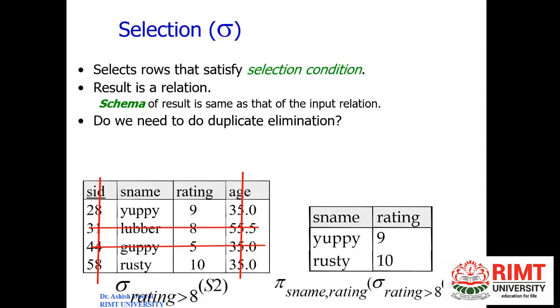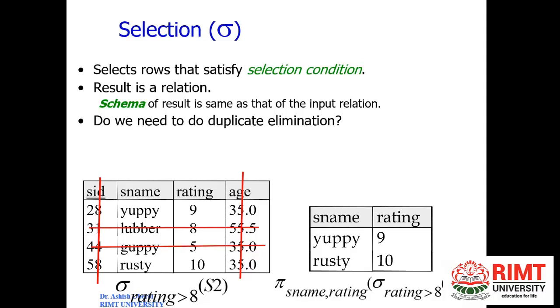Clear? So we are using a selection operator here because we want to display records, and we are writing the condition here: rating is greater than 8, from the relation S2. This relation S2 from which you are fetching must be on the same line as the selection. Again, note it down, because students do write this selection in the subscript also. They confuse themselves. So please don't confuse: the operator, or every relational algebra operator, as well as the relation must be on the same line.